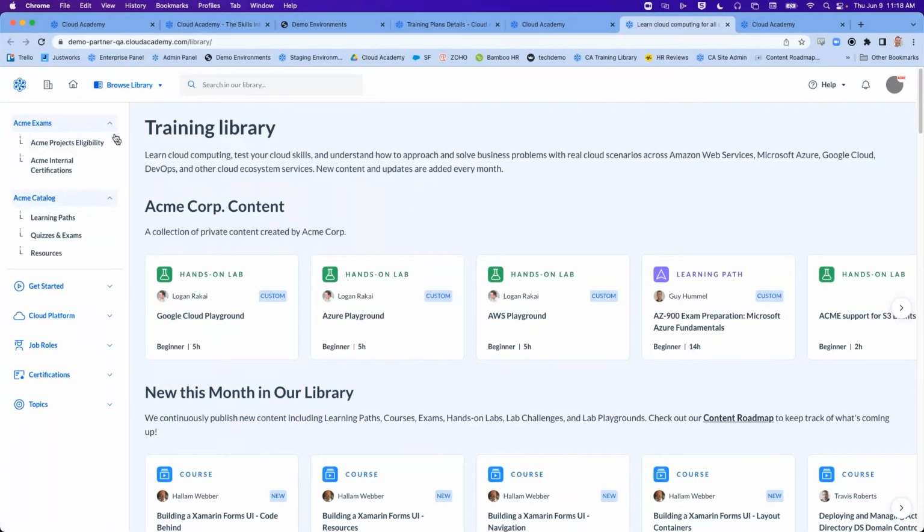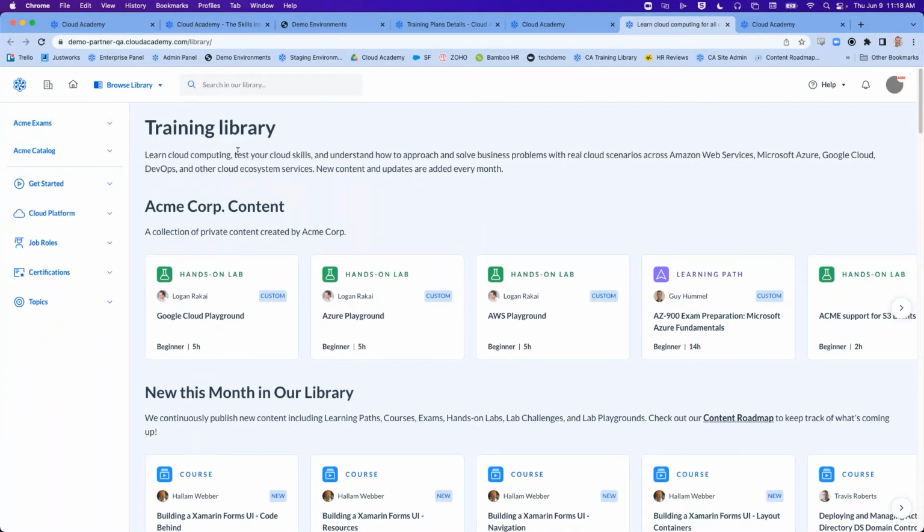Any customized content you can actually organize near the top left corner of your own instance. Otherwise, all of our out-of-the-box content is organized by fundamentals, cloud vendors, pre-built role-based training plans, all of the certification tracks we offer, and of course, do not let the name fool you. We do not only focus on cloud. You'll also find things like DevOps, security, or even if you simply want to brush up on your programming.